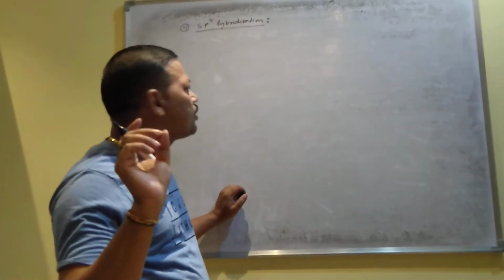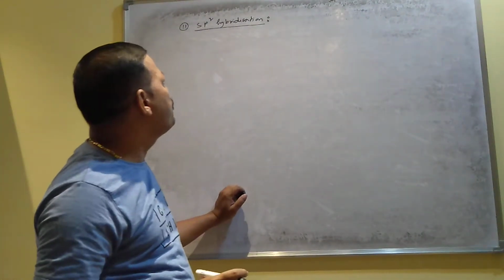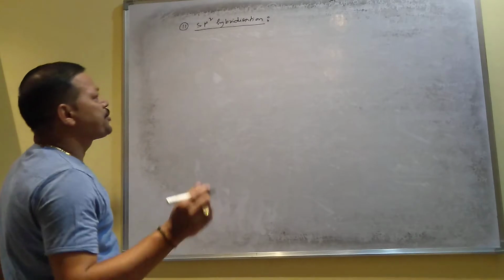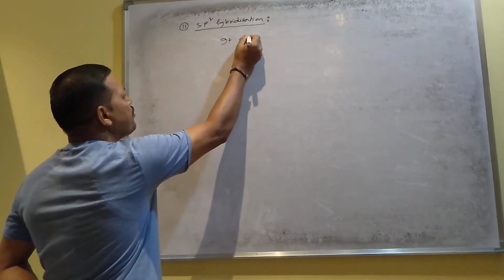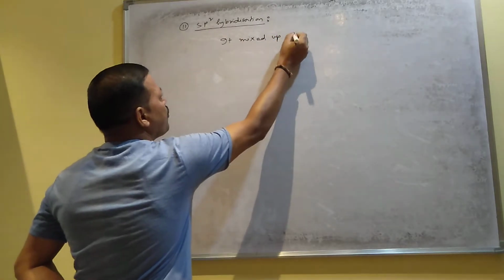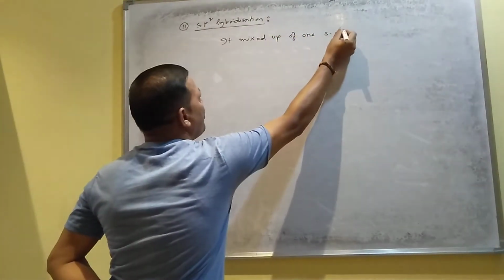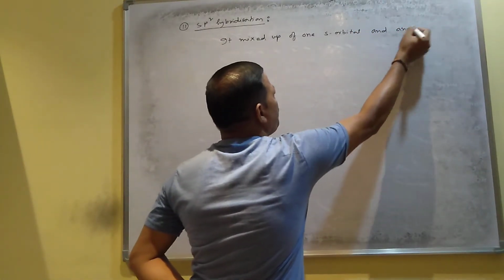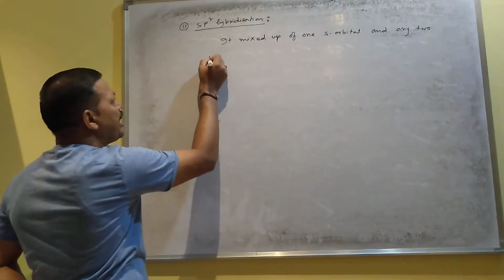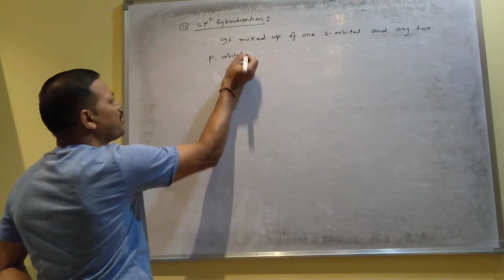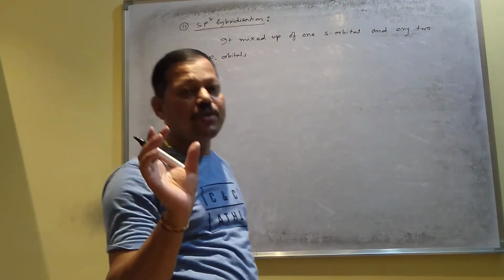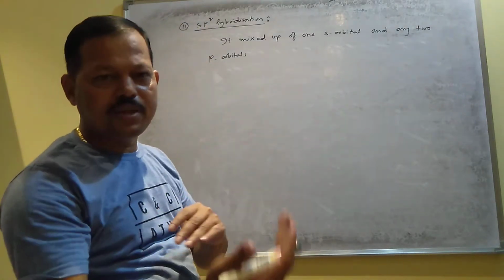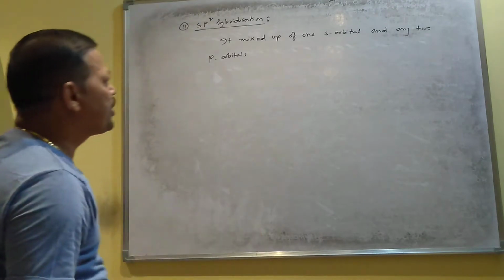So we have done sp3 hybridization. Now I'll do sp2 hybridization. How sp2 hybridization takes place in an atom. sp2 hybridization means it mixes one s orbital and any two p orbitals. As you know, there are three p orbitals: one is px, another is py, and pz. So it can mix with py and pz, or with px and py, any two p orbitals, to